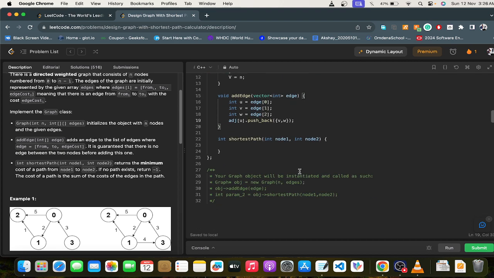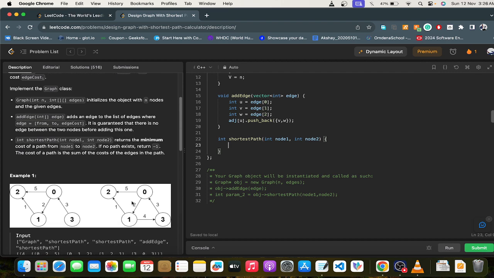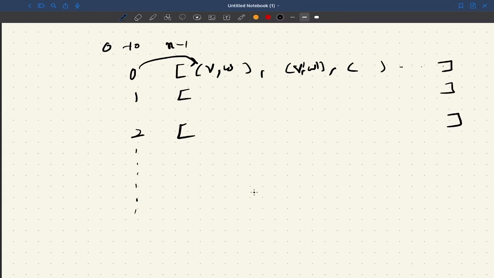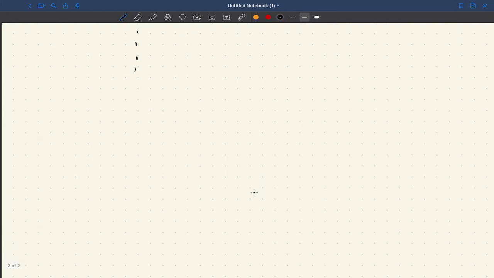Now third task, which is the most important task here: we have to find the shortest path between any two given nodes. And for that, we will use Dijkstra's algorithm. So let us know how Dijkstra works. So basically in Dijkstra,